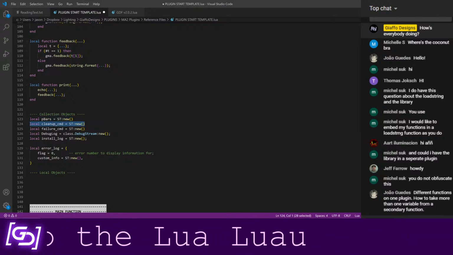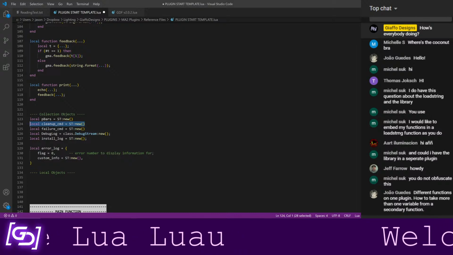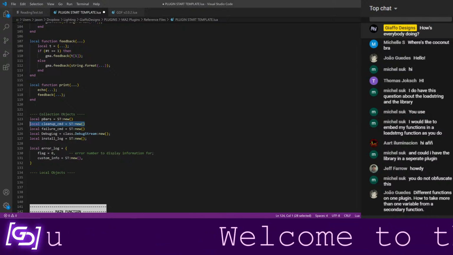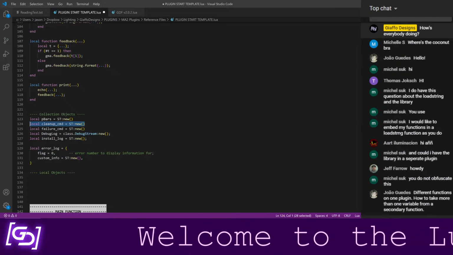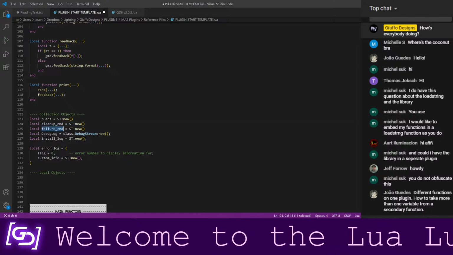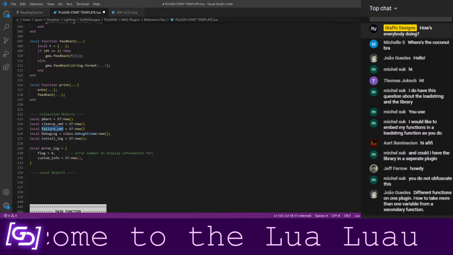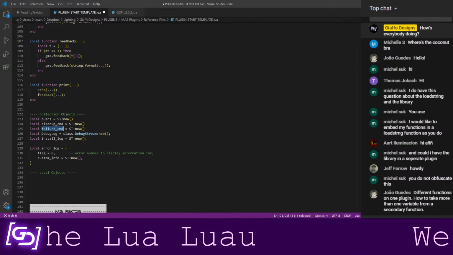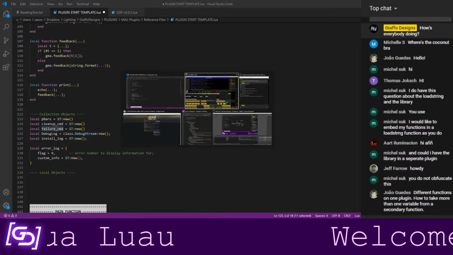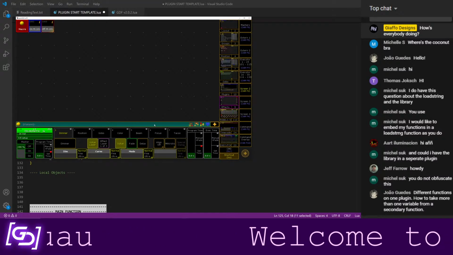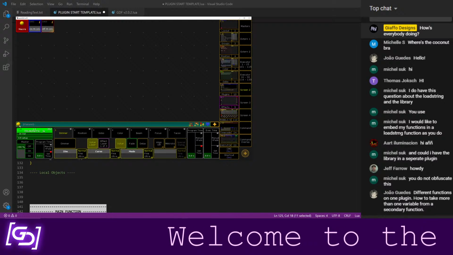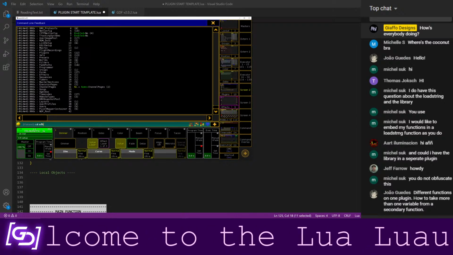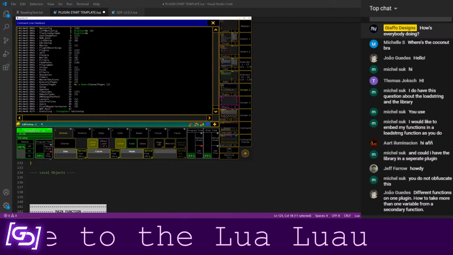So cleanup command. This is an array of commands that will execute at the end of the plugin no matter what happens. Whether the plugin crashes or doesn't crash, these will always run. Failure command is a similar concept, but these commands will only be run if the plugin has crashed. So I put a table in here, basically. Let's say that I'm in MA and I've entered the patch, for example.